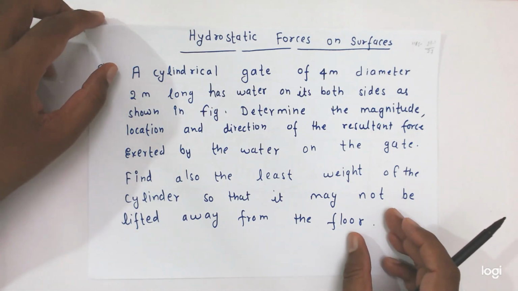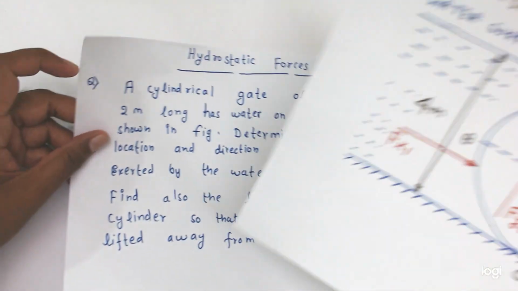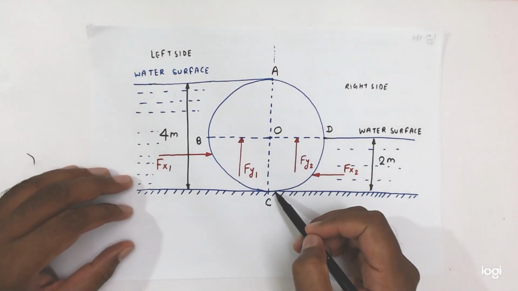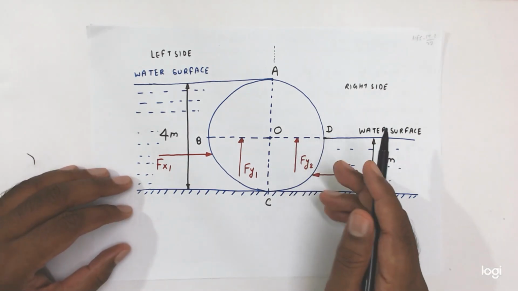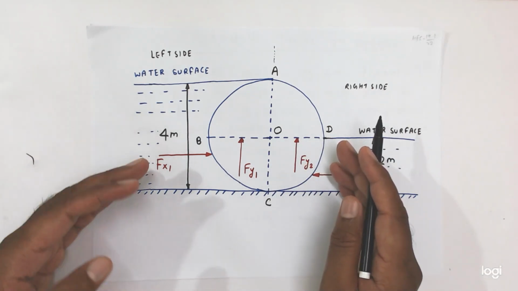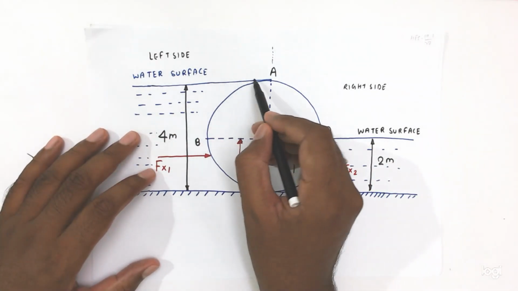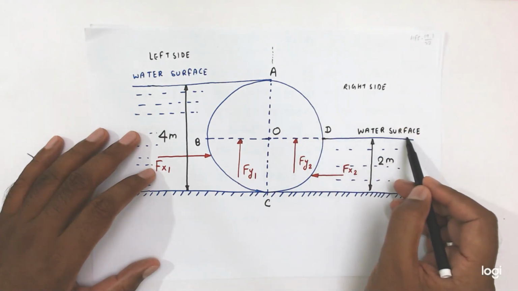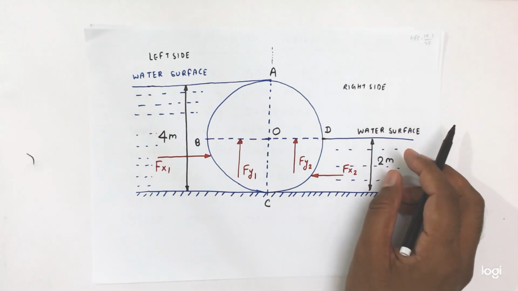Friends, it is saying that here this is the cylindrical gate of 4 meter in diameter. Liquid is there on both sides. Left side level is up to this much and right side up to half of the cylinder. Okay friends, now